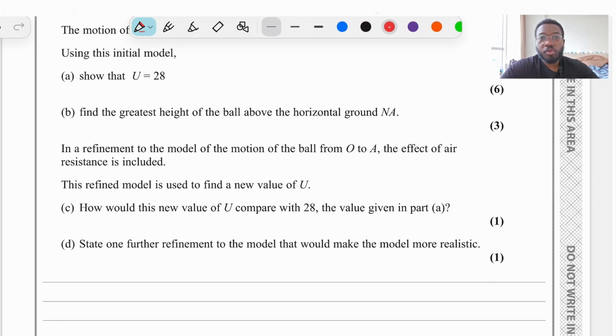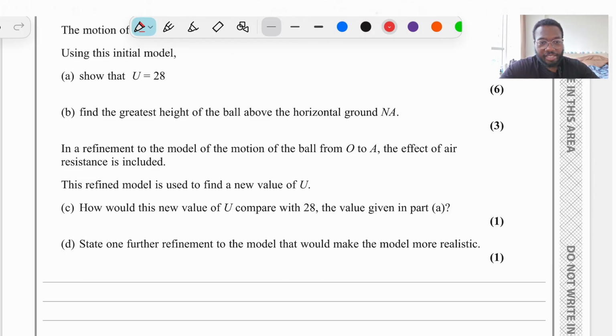If it gets to the same distance as before, when it was the previous U value, then it has to be faster because it has to overcome the air resistance in order to get to those same points. Therefore, the new value of U will be greater than the 28 because it has to overcome the air resistance. And then for part D, we need to state one further refinement of the model